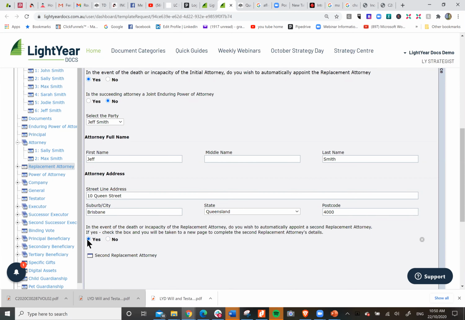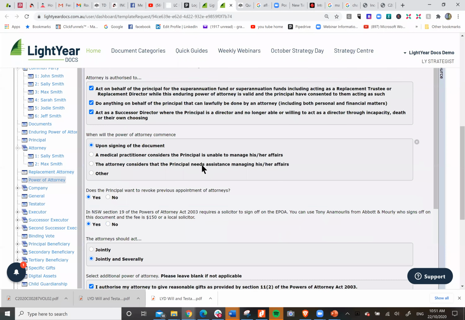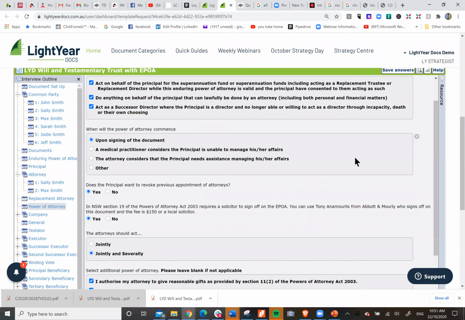So again, when you tick boxes in our system, they need to be ticked because otherwise you'll stuff up the document. So with the power of attorney, a couple of things here. One is, by ticking this box, you're giving authority for the enduring power of attorney to act as the trustee or replacement director of the corporate trustee of an SMSF.